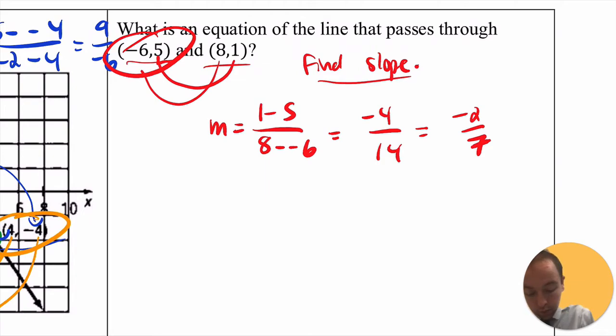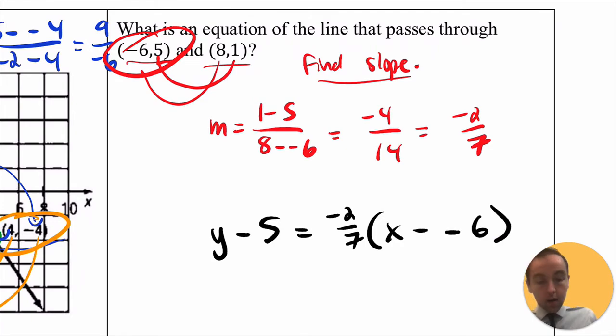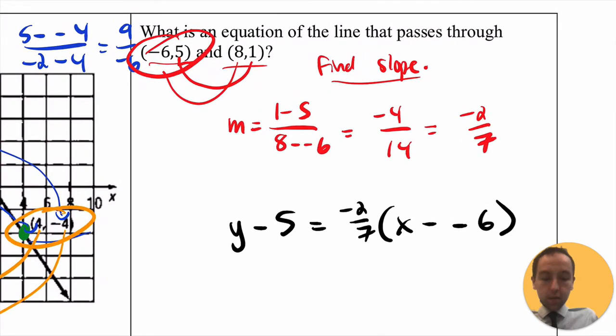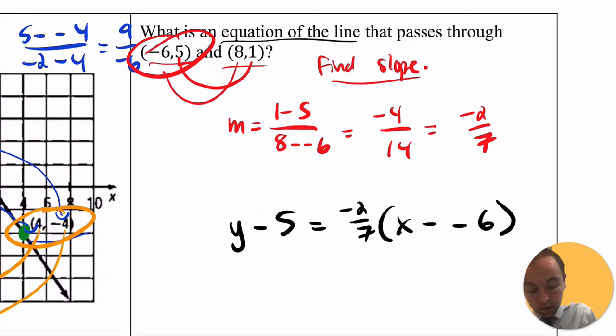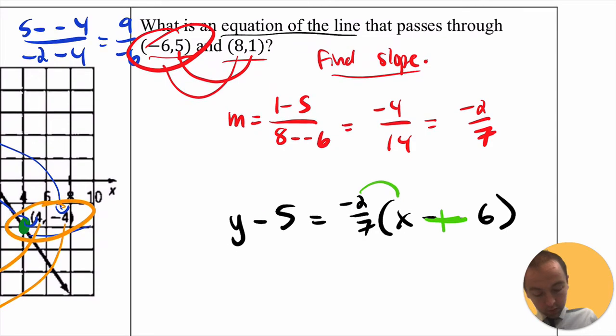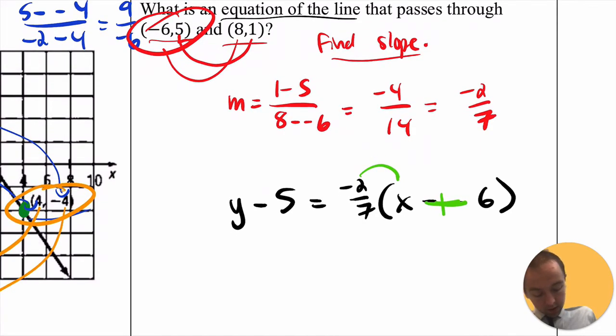So in point-slope form, y minus y1 is going to be equal to the slope times the quantity of x minus x1. And it's not saying that we need to simplify this, because it just asks what's an equation of the line. So you could just leave it if you want, but I'll go ahead and simplify this just because. So if we distribute, that's a plus though, because we're subtracting a negative, we get negative 2/7 x and